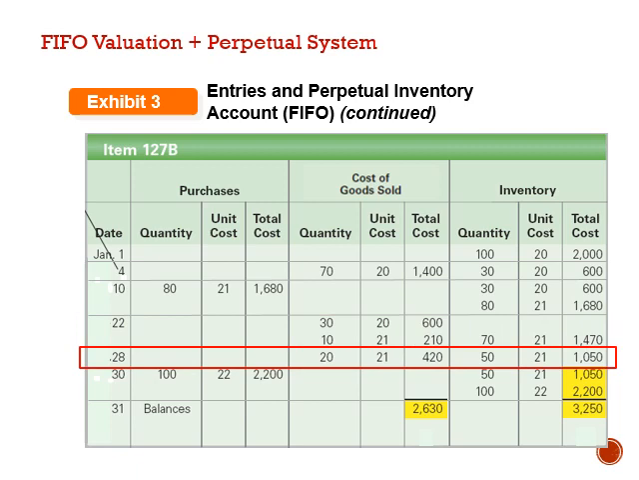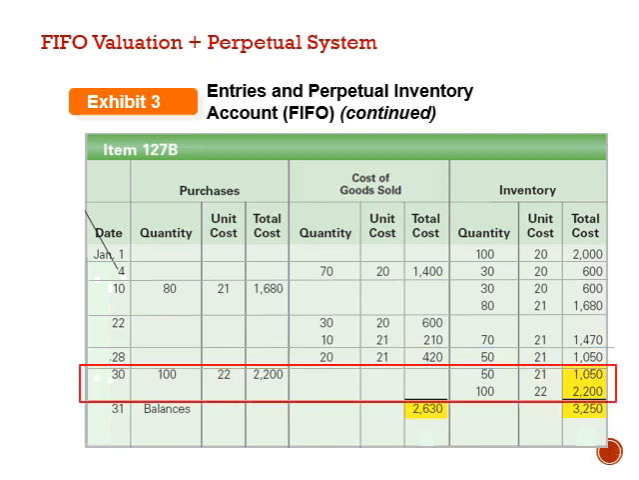On 28th of January, there is another sale of 20 units, but we have only the second batch to sell from. So at the end of the day, we have a balance of 50 units at $21 each to get to the total cost of $1,050. On 30th of January, there is another purchase of 100 units at $22 per unit. That will add to the existing balance of $1,050 to make the total cost of inventory at the end of the month to be at